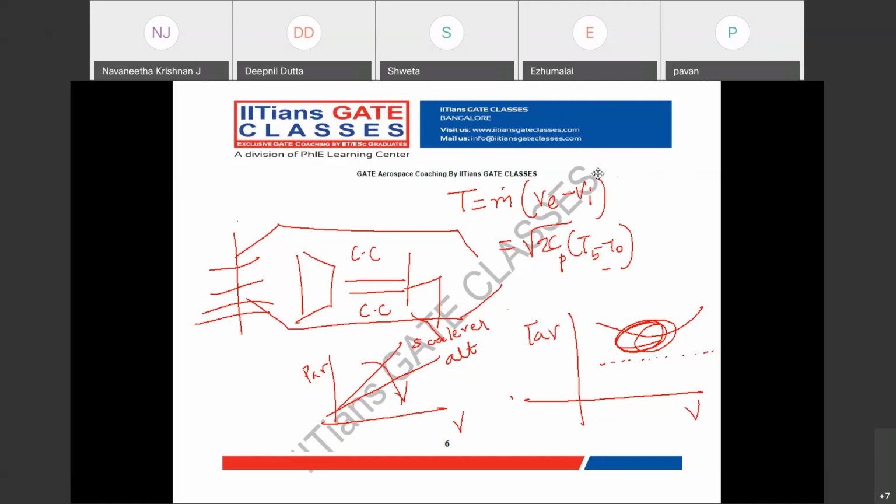Since as altitude increases, my inlet velocity decreases, that is my inlet drag decreases, thereby my thrust increases. But the decrease in thrust due to the decrease in mass flow rate, that is your density, is more compared to the increase in thrust provided by the decrease in temperature at a higher altitude. Is that clear?